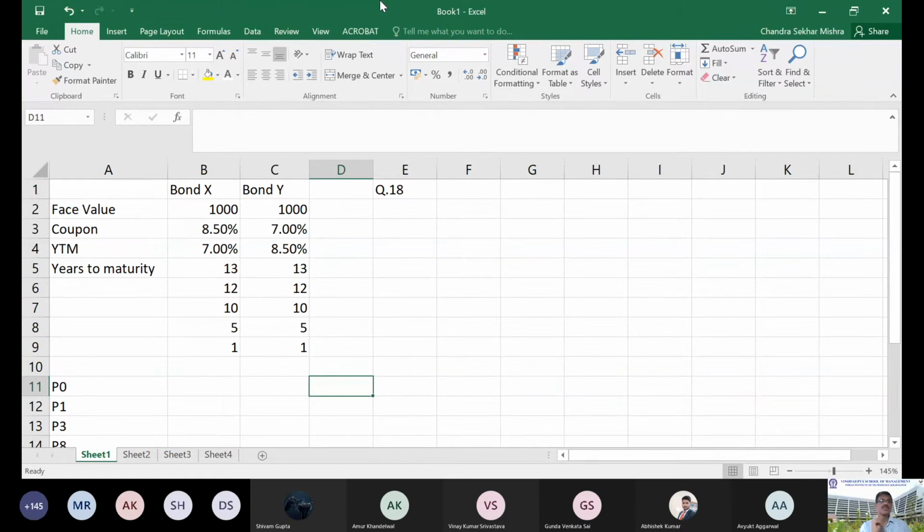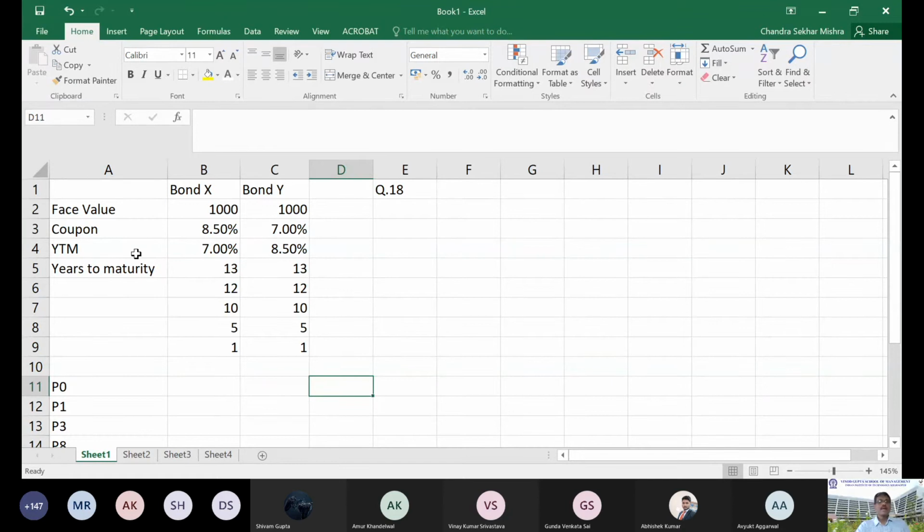So the yield to maturity, or the return you expected, say IRR for that matter, is more than the coupon rate. That is called a discount bond. If it is less, then yield is less, which means the price must be higher. The price is higher than the face value, so it becomes a premium bond. One is a premium bond, another is a discount bond. What do we do here? We find the price today.